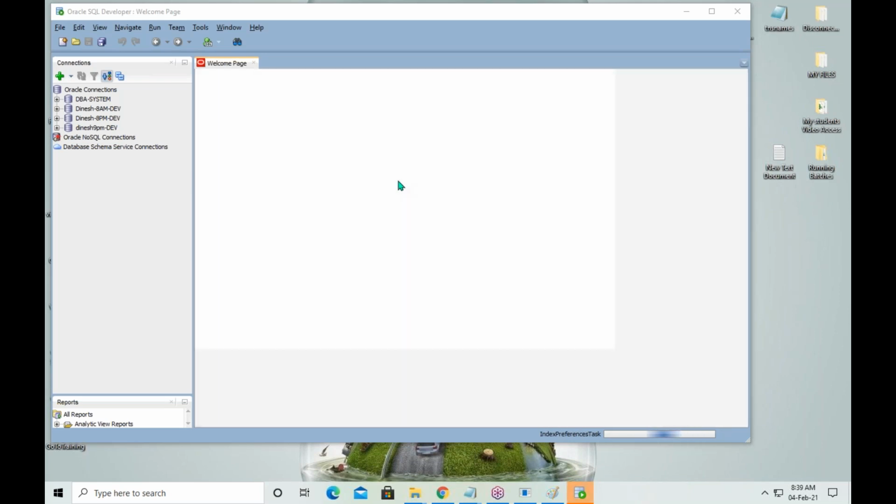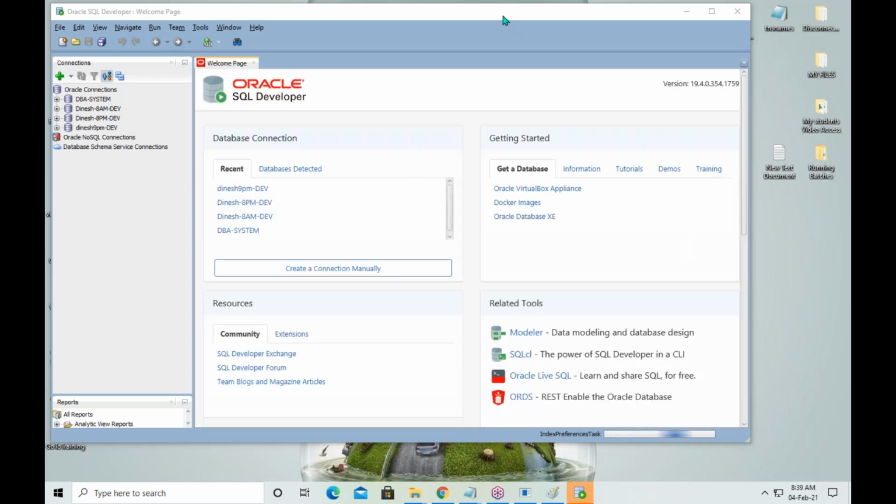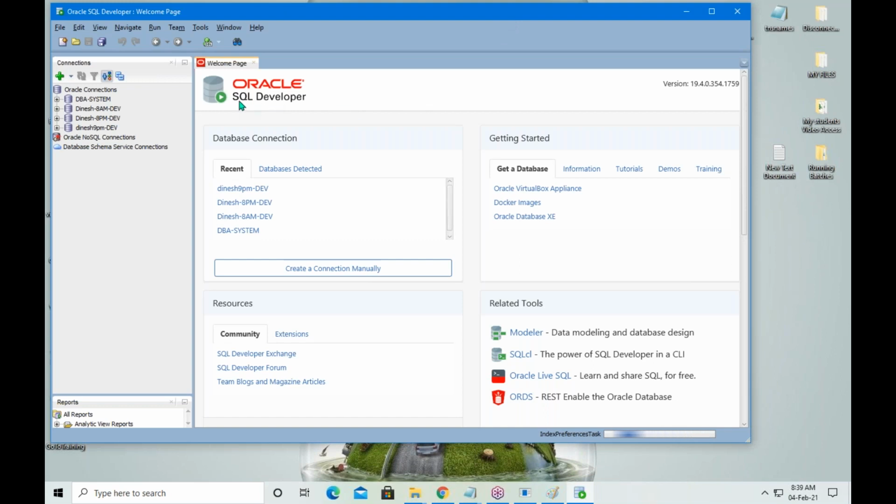Now you are seeing a graphical window related to SQL Developer. How to connect here? See, these are called connections. In the left side window, you can see connections. I want to connect to the database as DBA.